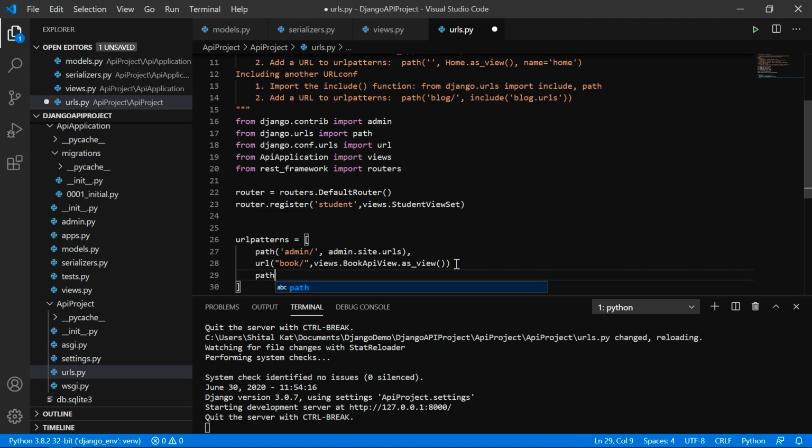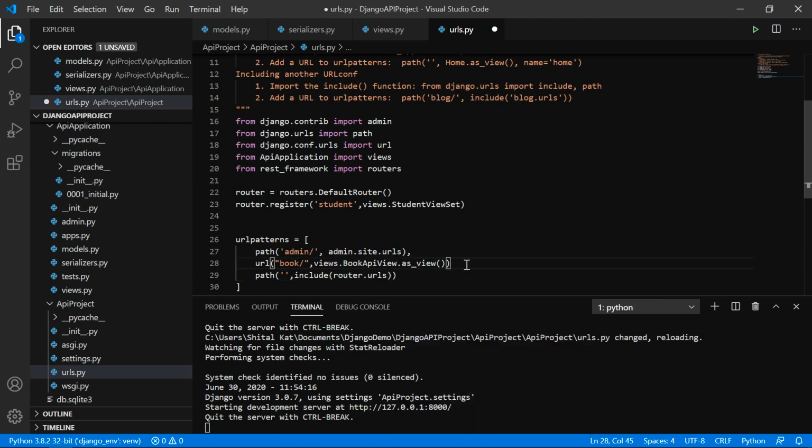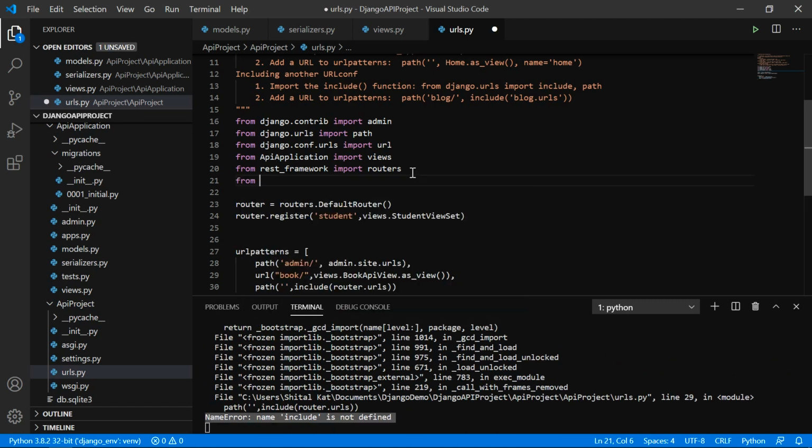After this, we will include all the URLs which are there in the router. And we will import the include function.